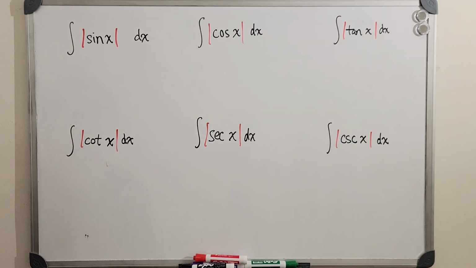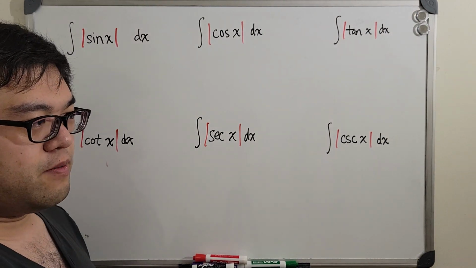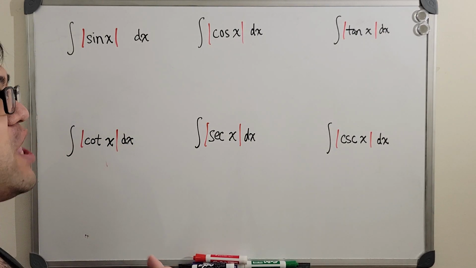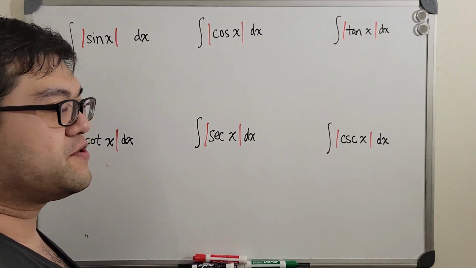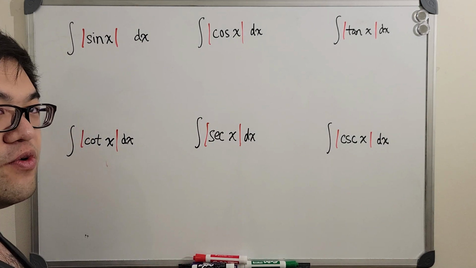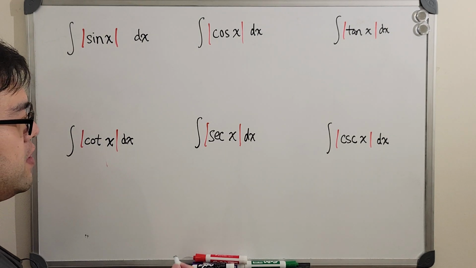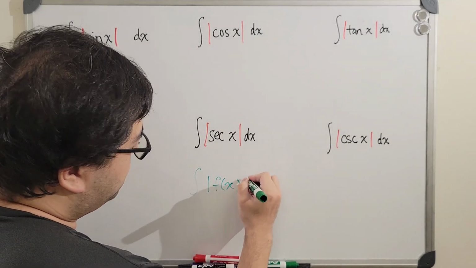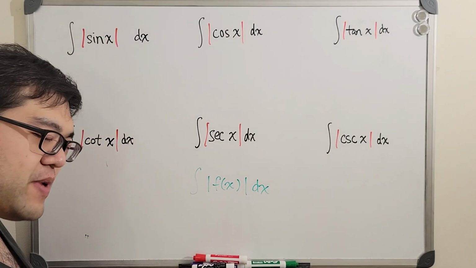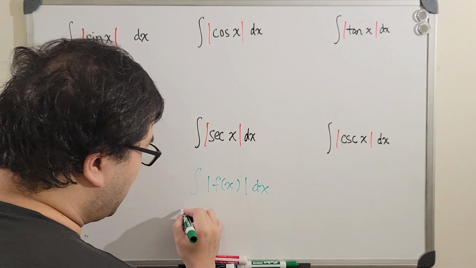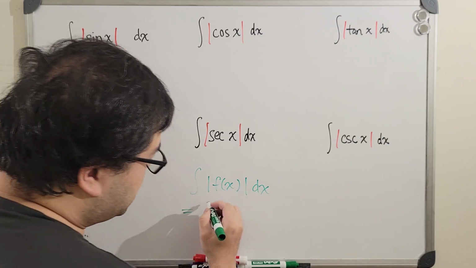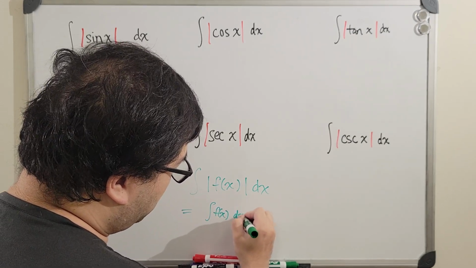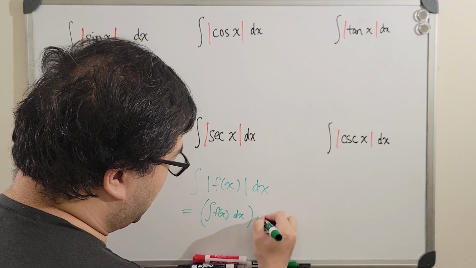Here we go. So if you have actually watched another video of mine, we actually have talked about how to take the integral or antiderivative of a modulus function or a function with absolute value in general. In other words, we actually have seen the results of the antiderivative of absolute value of a function f of x with respect to x. And in that video, we say that the antiderivative of it will actually be the same as the antiderivative of the function itself, of course, with respect to x, times the sign